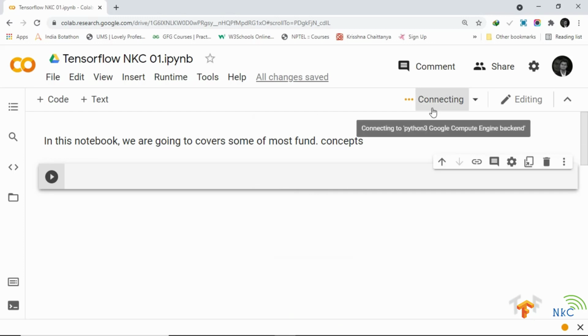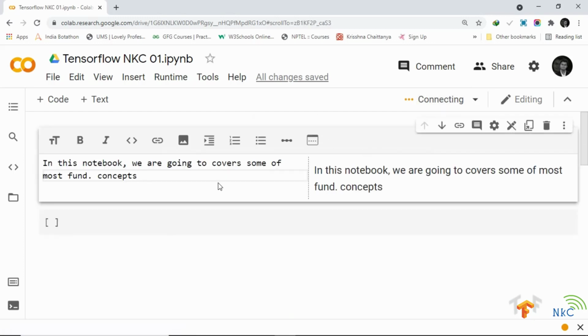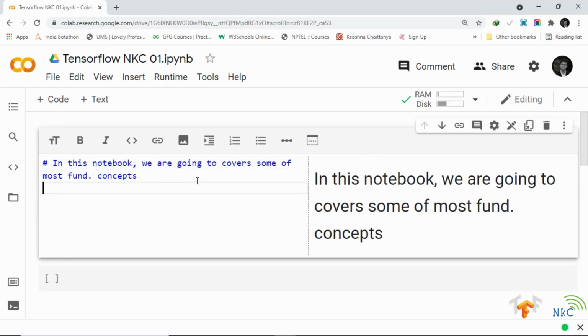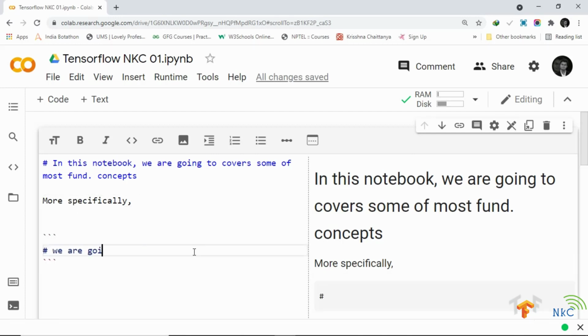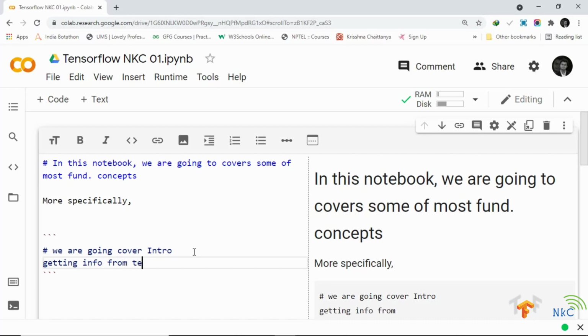And let's get a little outline of what we are actually going to do. This is what I do with most of my notebooks whenever I come to something, before writing code. You are going to hear me say write as much code as possible, but I just like to give myself a little bit of an outline so I know the direction I am heading. So what we have is an introduction to tensors. We might also get some information from tensors. If none of this makes sense, don't worry. We are going to cover it by hand.